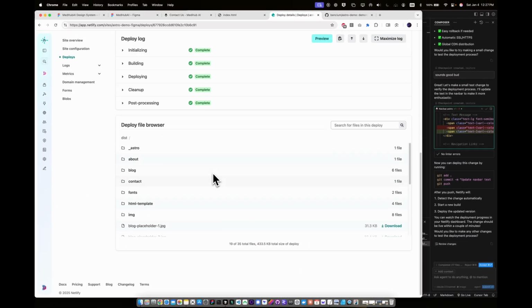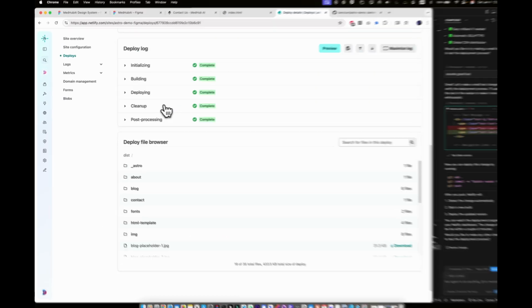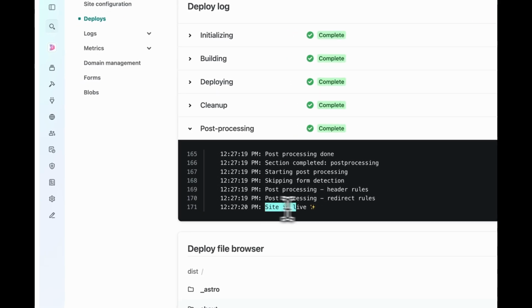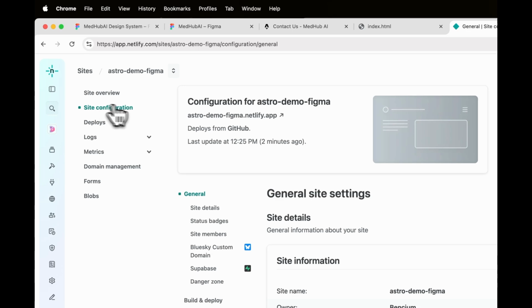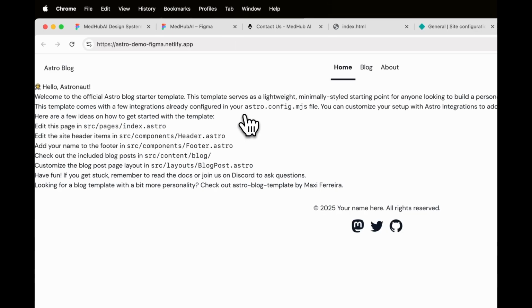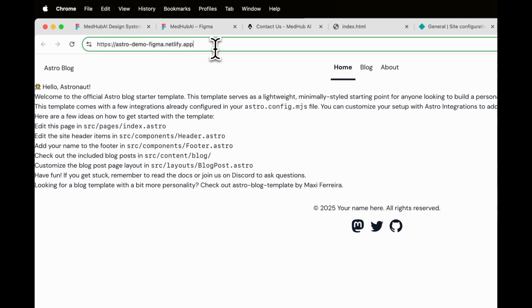Deploy log is very important. Everything must be green. And when you have the message site is live, you can see the public URL, public address, and see your template done. In this case, contact